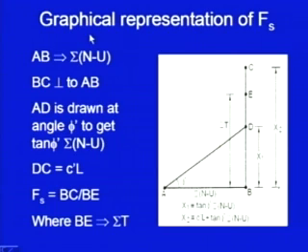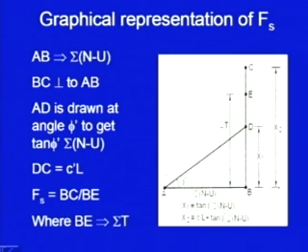Here is the graphical representation of the factor of safety. To get the factor of safety graphically, we plot AB equal to summation of N minus U. You get N minus U for each of the slices, so from there you can get the total sum. So, AB represents summation of N minus U, and then draw a perpendicular line here